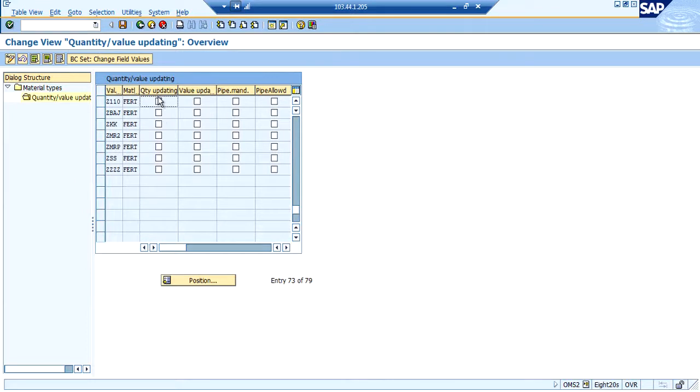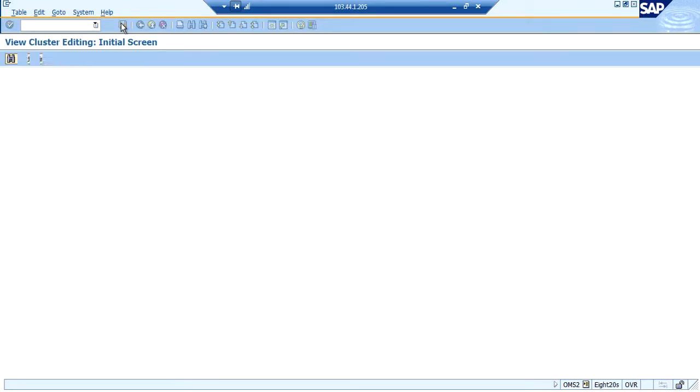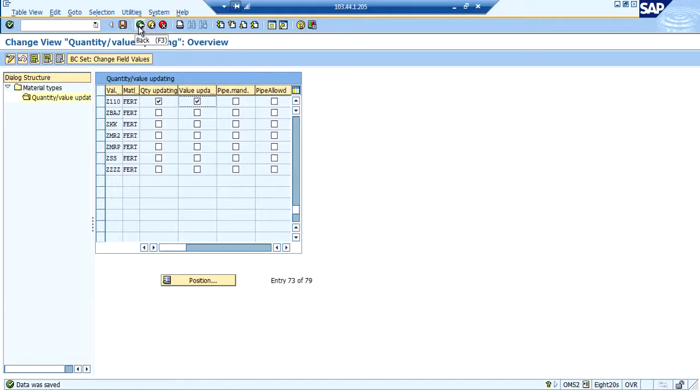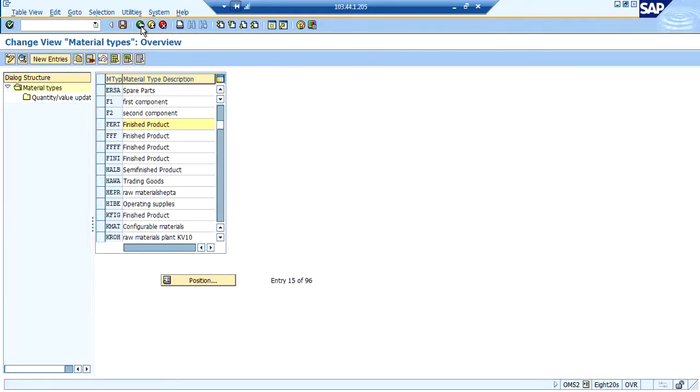Otherwise the system will ask to give an account assignment, which is nothing but a cost center and GL account, while creating a purchase order, because a purchase order without this setting is not a valid purchase order.